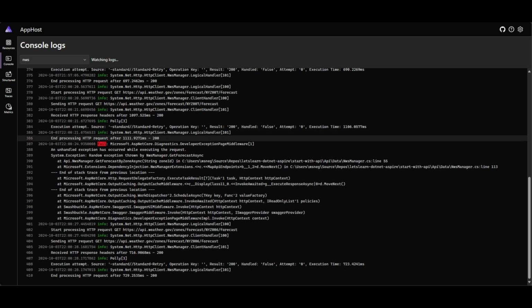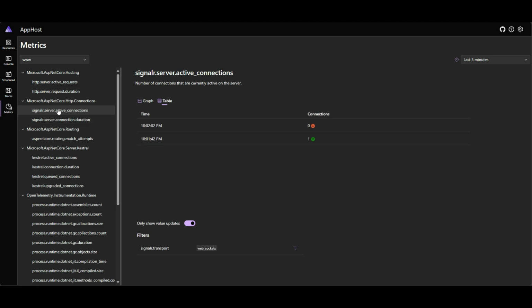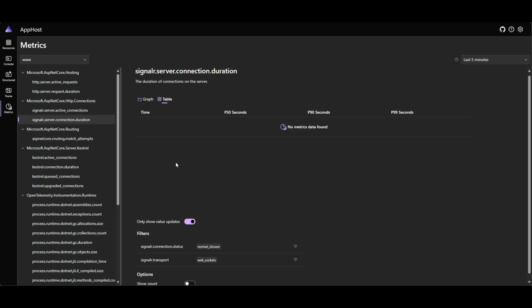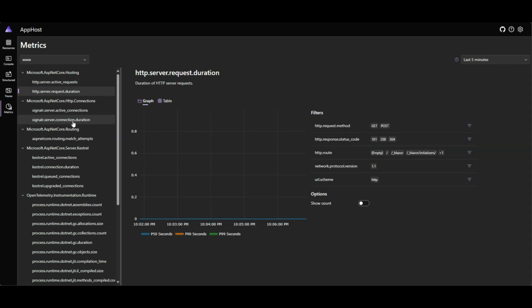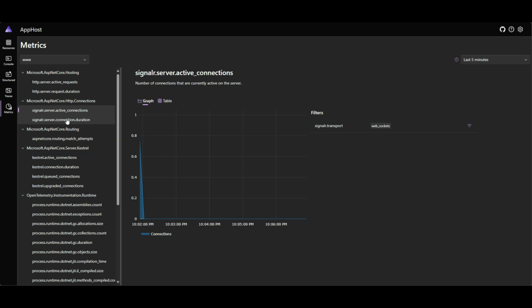Alright, we saw the console, we saw the traces, and now we are also getting metrics following through here. I can see the number of requests coming through. Some of these metrics are automatically published for us for ASP.NET. They're already here. I see the requests coming through to the API loaded up and presented here automatically. Look at the duration being updated and presented on a screen for us. Okay, lots of cool stuff that makes it easier for you to interact with and see how these pieces interact with each other. But that's just one part of it. We are not done yet.